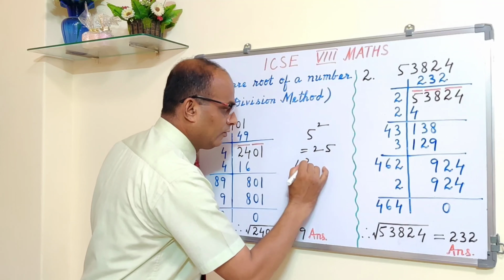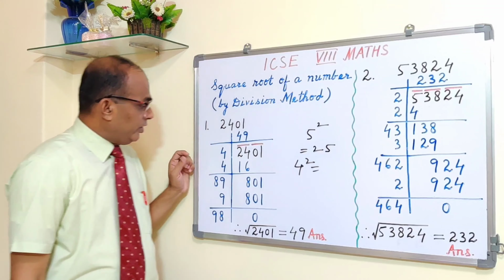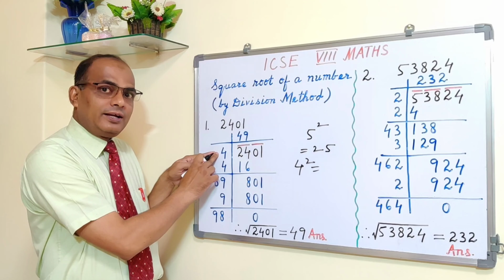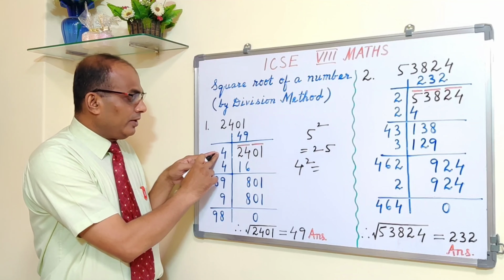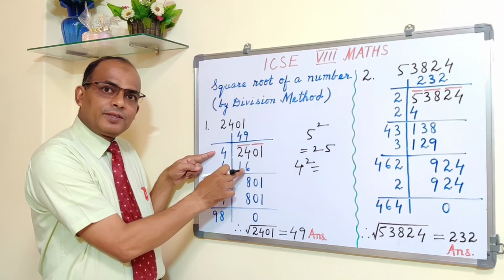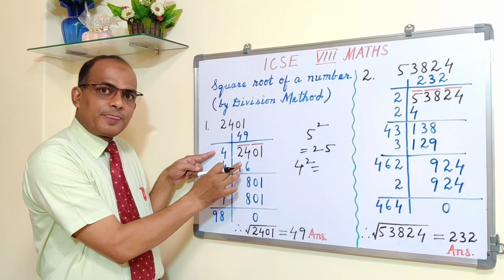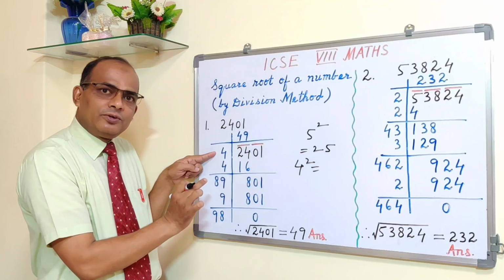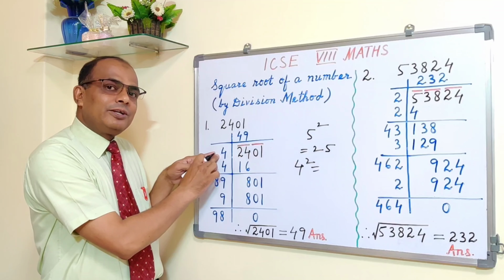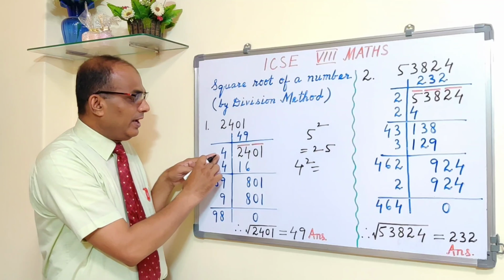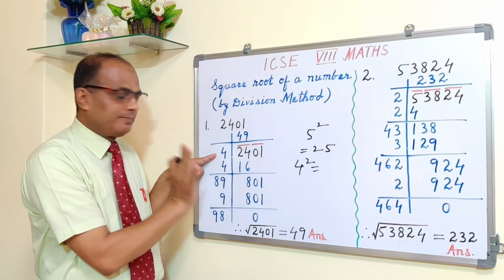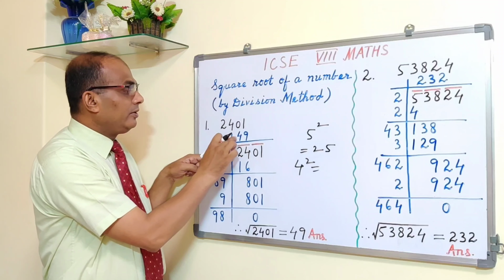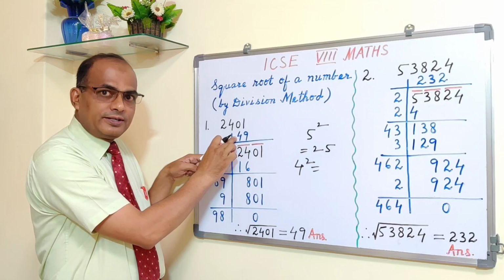Now let us take 4. What is 4 square? 4 square is 16. So if we take the greatest number as 4, the square of 4 is 16. That fits in the condition. The condition is this number should be either 24 or less than 24. So that greatest number is here 4, whose square is 16, which is less than 24. So that 4 we write down here, and then the 4 we write down here also in the quotient,